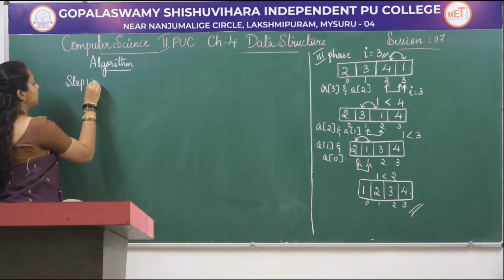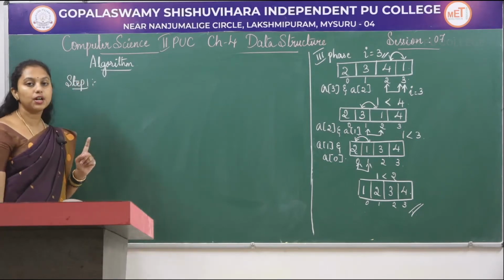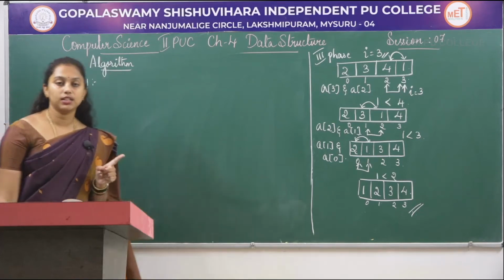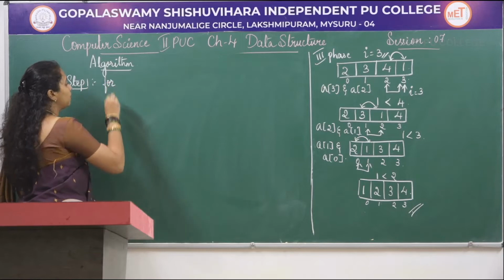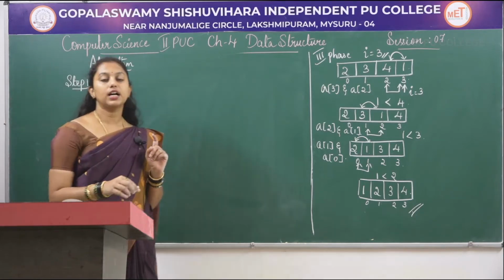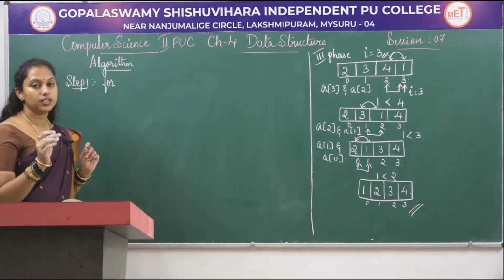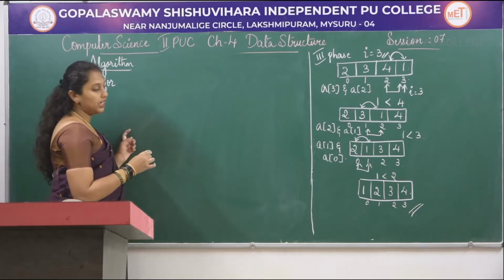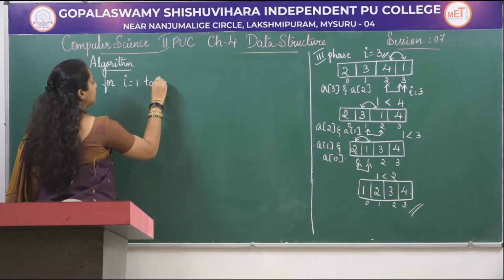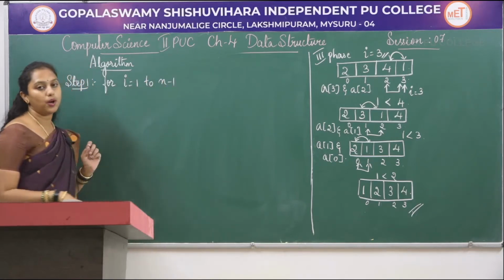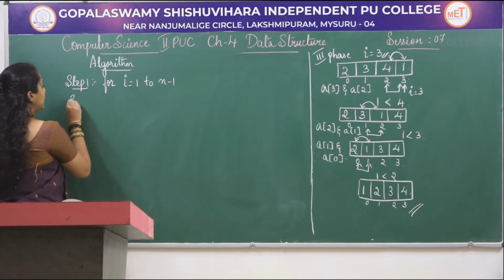The first step, the comparison starts from the first position, that is A of 1. So using a for loop, we are going to compare the array elements from the first position till the last position of the array. So for I is equal to 1 to n minus 1. So in the second step,